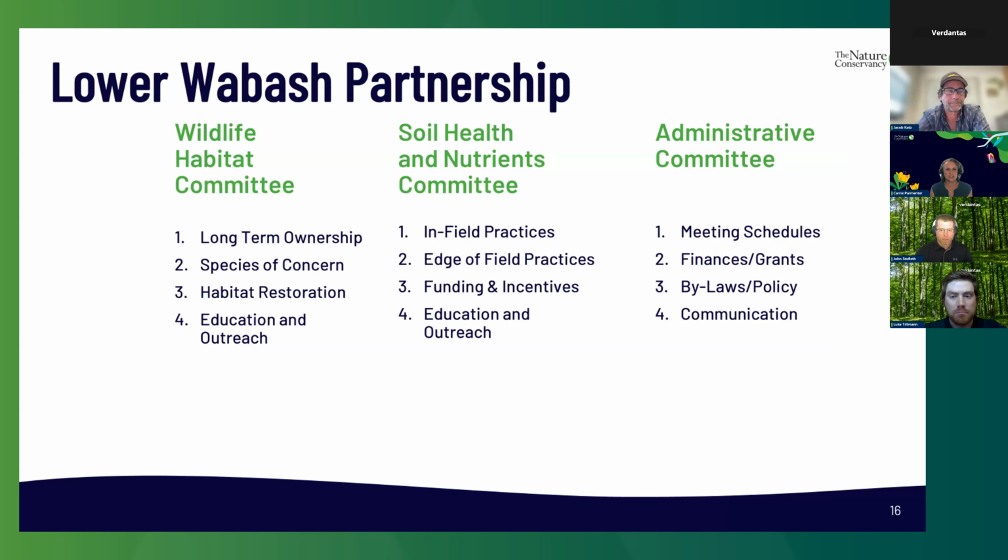So the last slide I'm going to share is just, as John had mentioned earlier, the excitement that this has generated. We have over 150 participants that have joined an official Lower Wabash partnership. We are actually in the process right now of filing for 501c3 status to become a standalone organization so that all of these different partners, everything from private landowners, duck clubs, state, local, federal agencies, everybody has come together and are having monthly meetings.